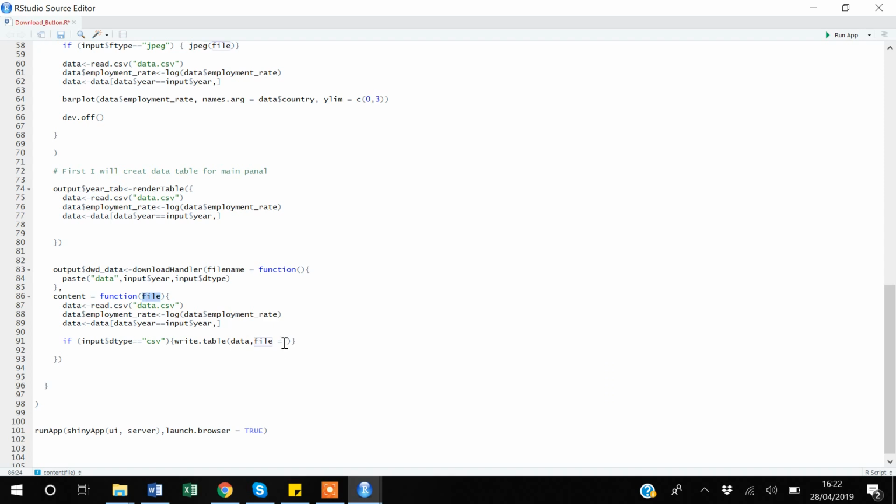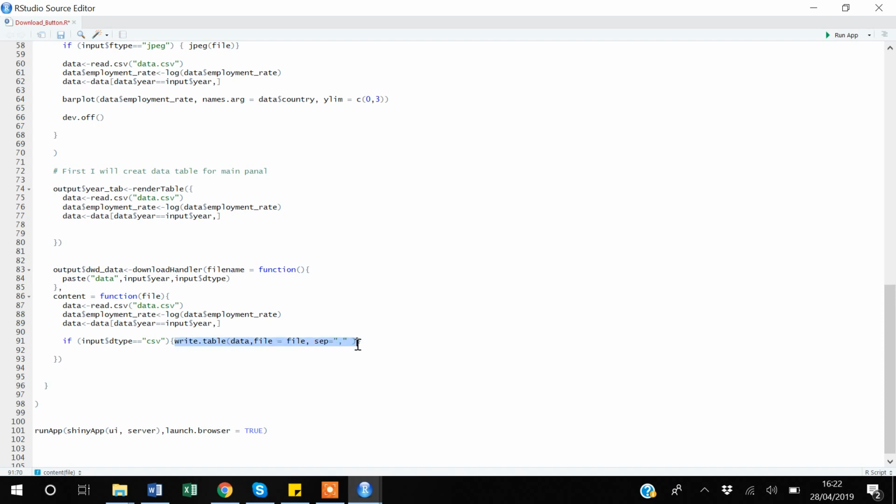So I'll be saying again file is equal to file, because this argument will be capturing the file name that we have created here. So I'll say comma, and then I want to say the separator is equal to comma,